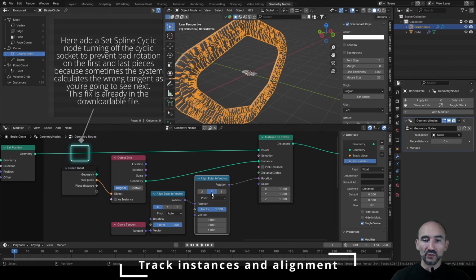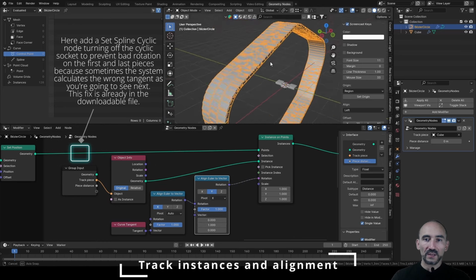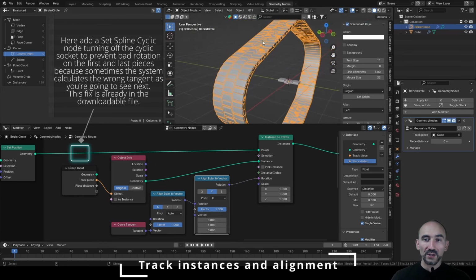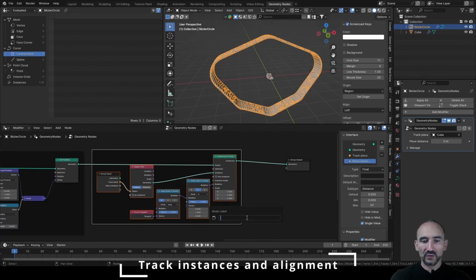So we want to align the y on the y-axis, and with this operation you are sure to have always the correct orientation of all these pieces on this curve. We can select all these nodes, Ctrl J, F2, track